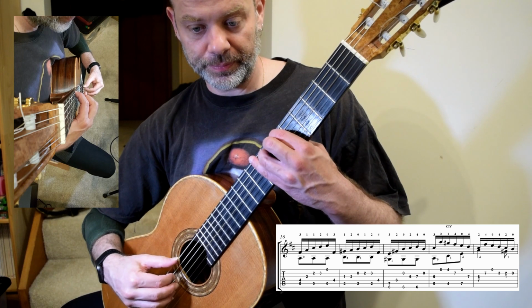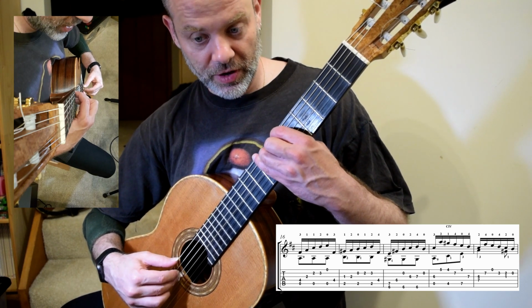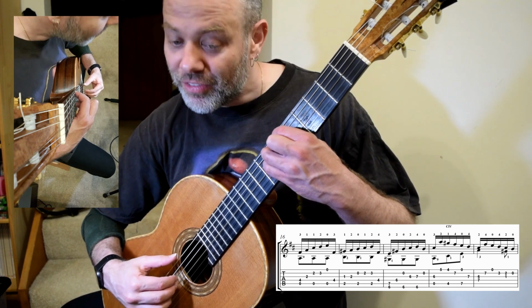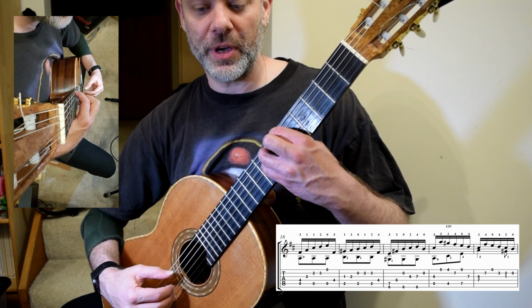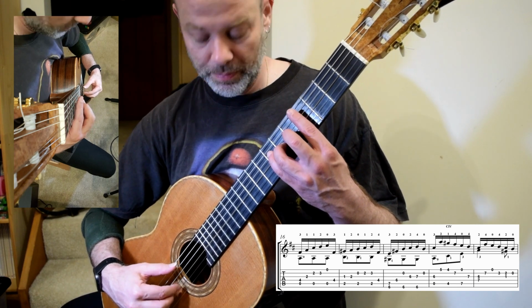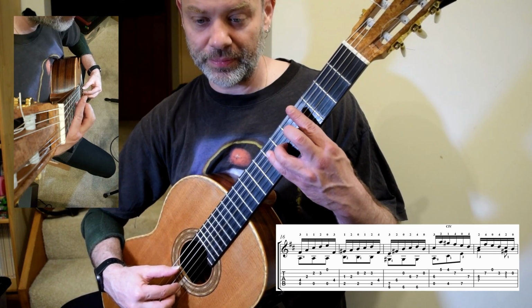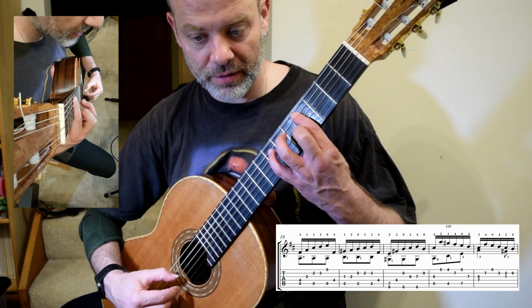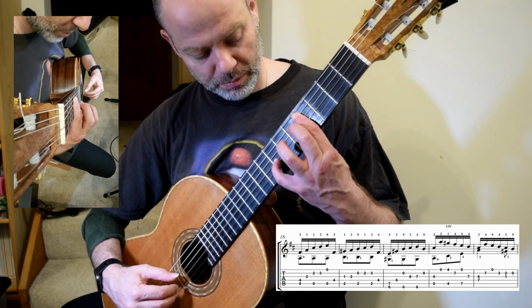E and G, G sharp at 6th fret, open string, C sharp, 2nd finger, 4th finger on a D, open B, and then you're going to float into a 4th fret bar, keeping the A free. If you want to use your hinge, you can, and then C sharp and G sharp, stretch out for the